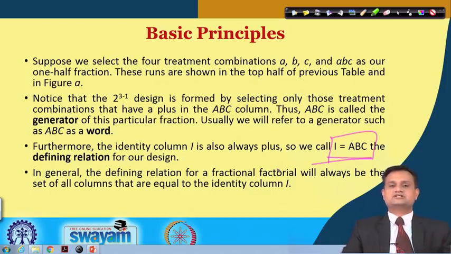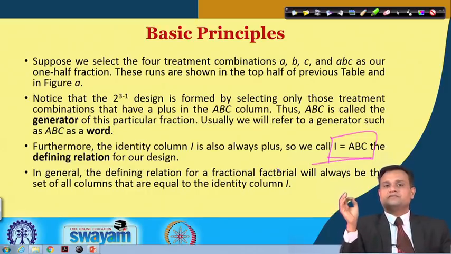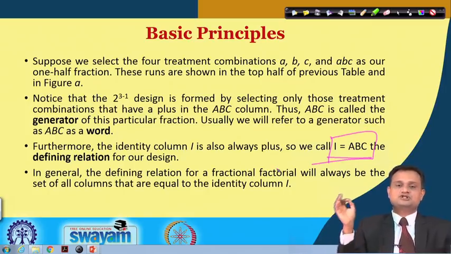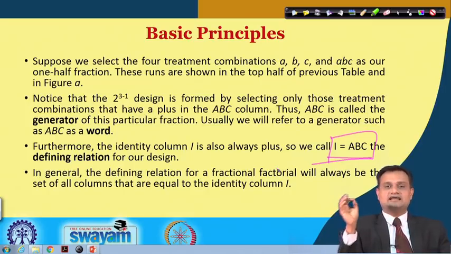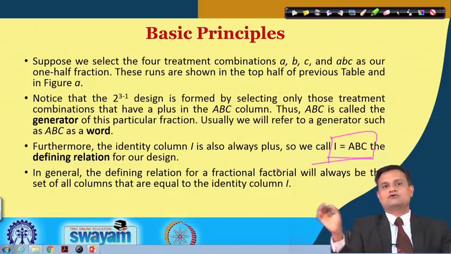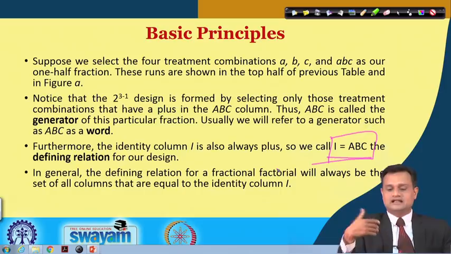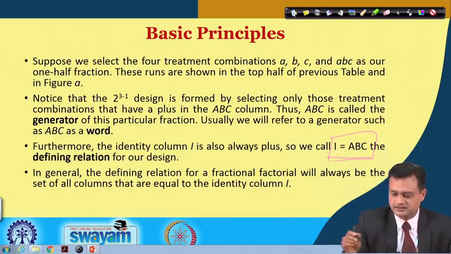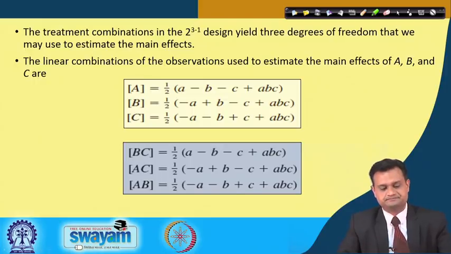and this defining relationship will help me identify the redundancy in conducting my full factorial experimentation, and hence reduce the size of my experimentation as a part of fractional factorial. So remember that I am defining the relationship in terms of the generator and the identity column, I equal to ABC, because I have a 3 factor factorial design. Now let us see how we use it for identifying the redundancy.